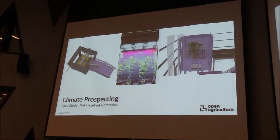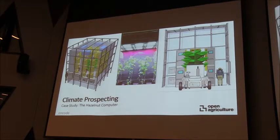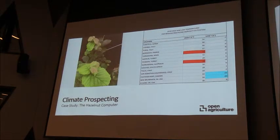The first container that we built is 3 by 3 by 6 meters. And now we've just built a 9 by 9 by 12 meter unit where we can grow trees in a highly controlled environment, collecting all those parameters and iterating with the machine learning model. And what we're able to find is there are very particular places where we can replicate those climates inside this box, and show that when we subject the plant to particular environmental extremes, we can exclude 90% of the plants and then focus on 1 or 2 particular cultivars